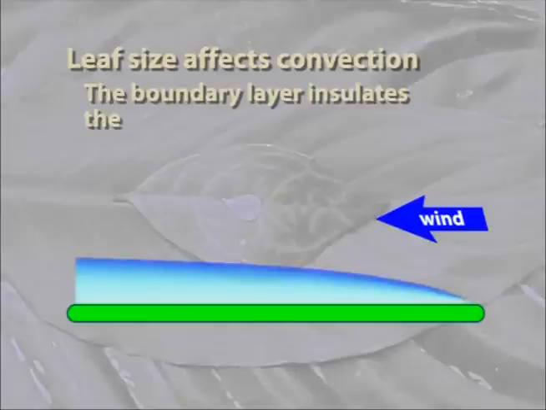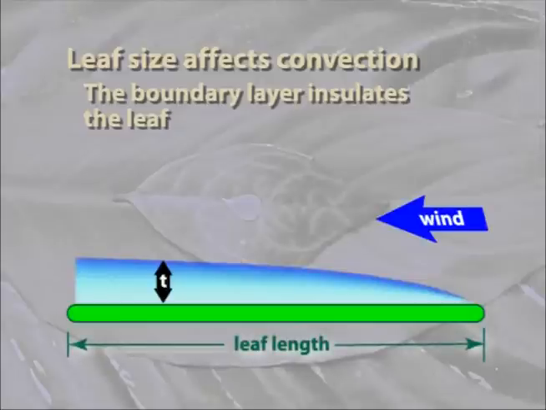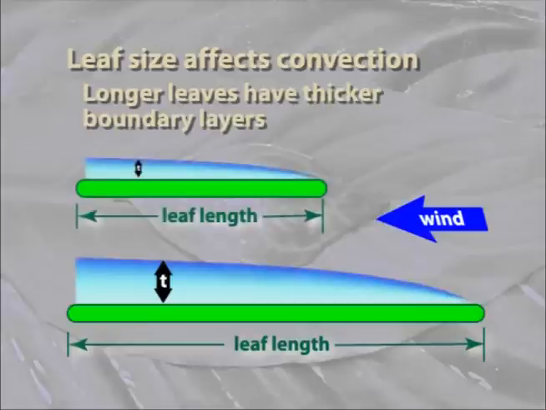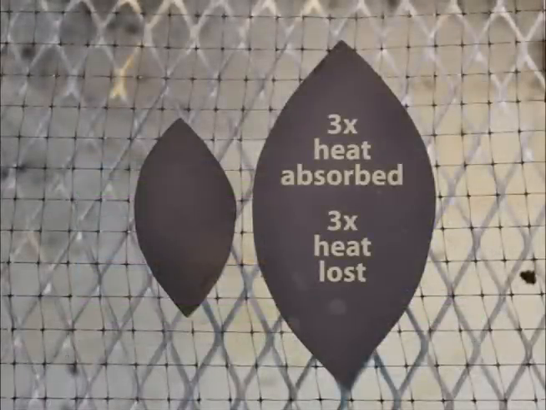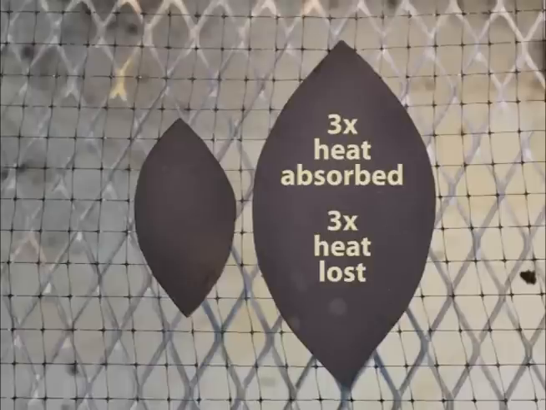It impedes the loss of heat from the leaf by convection. The thicker the boundary layer, the smaller the convection coefficient will be, and the harder it will be for heat to be convected away by wind. Leaf size, leaf length specifically, affects the thickness of the boundary layer. The longer the leaf, the thicker the boundary layer will be. This is why, even though the larger model leaf has 3 times the surface area to dissipate heat by convection, the thicker boundary layer impedes it. The larger model leaf, therefore, must come to thermal equilibrium at a hotter temperature, which it does.